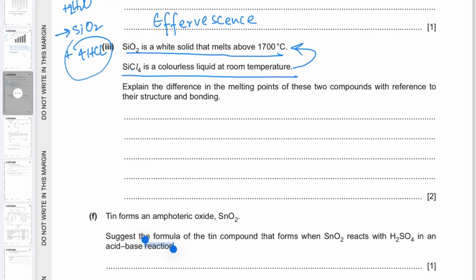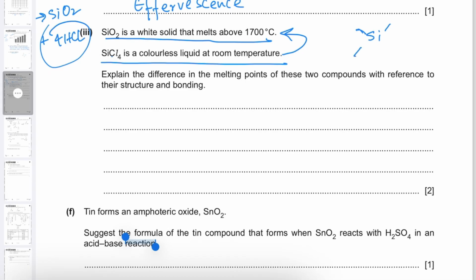Let us look at the structure of silicon oxide first. In this structure, which is a giant covalent structure, each silicon atom is bonded to 4 oxygen atoms, and each oxygen atom is bonded to 2 silicon atoms. And this will result in the production of a giant covalent structure where all the forces result from the strong covalent bonds between silicon and oxygen that give the silicon dioxide its high melting point, whereas silicon chloride